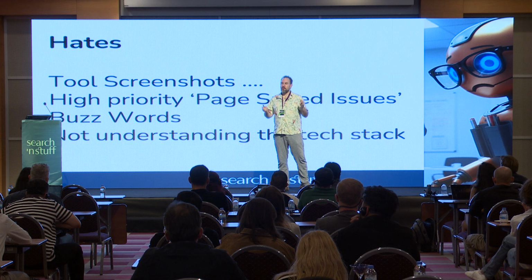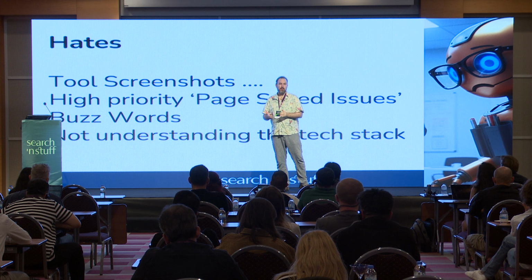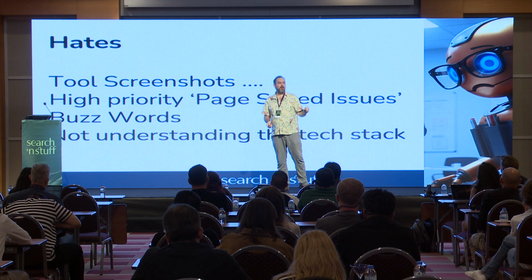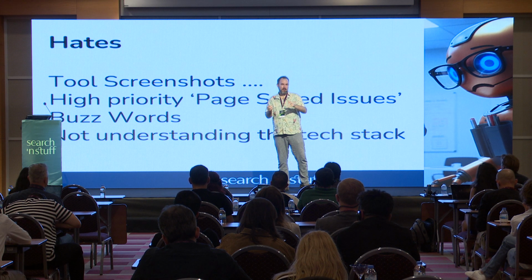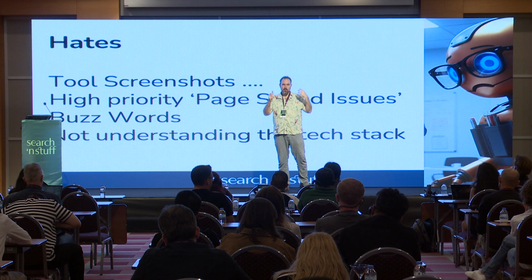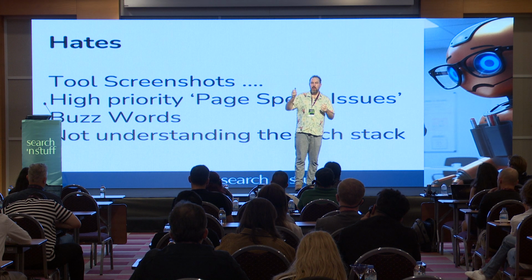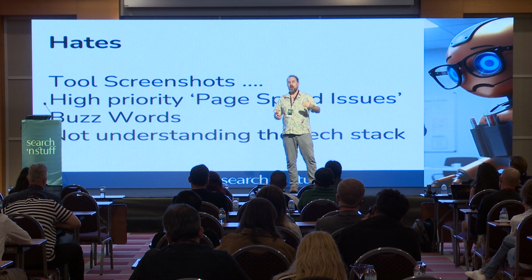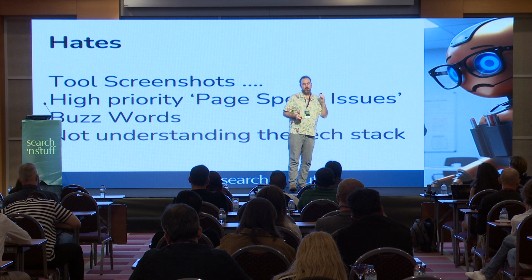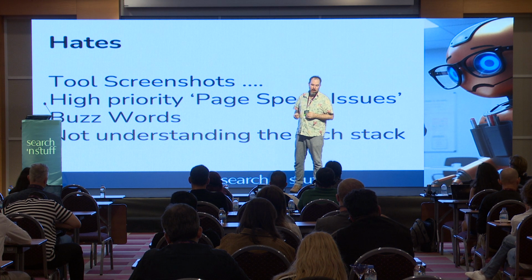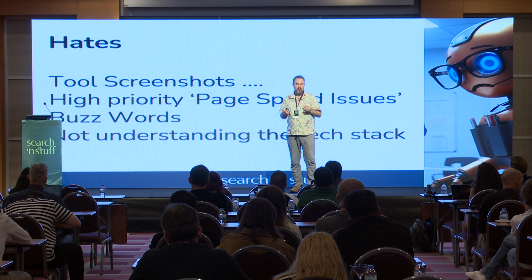Page speed issues often aren't as big a priority as people think they are. People are obsessed with it. It's like, it must be critical that it's got a page speed of X, Y, Z. And I'm looking at it going, well, there's a video on it. You won't get that page score. You can't achieve the score that you set yourself. It's not as critical. It's more critical that that video actually improves conversion and engagement and stuff. So prioritization using your brain is more important than prioritization. And not understanding the tech stack as well.